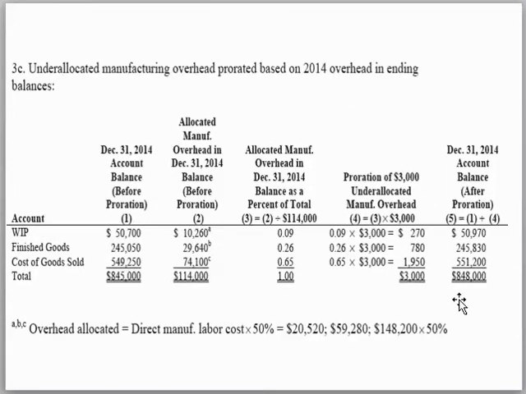3C, under allocated manufacturing overhead prorated based on 2014 overhead and ending balance. Here we will divide the amount of the under allocation among the overhead balances of each of the work in process and finished goods and cost of goods sold. So the amount before proration, as we know, 5,700, 245,050, 549,150. We will get the allocated manufacturing overhead for each balance